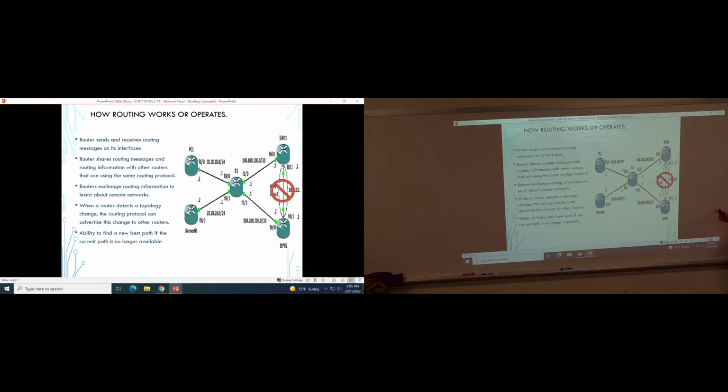And then they're going to find the best routes, and they're going to put the best routes into the routing table. So again, the best route on this router might be different than the best route on this table based on the different link speeds, protocols, ports, things like that, okay? So if we look at this, if we think about the way that a router thinks and its logic,